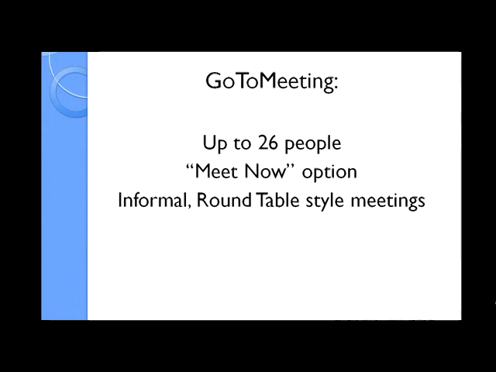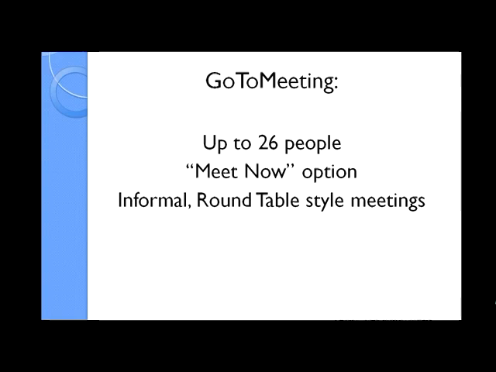GoToMeeting can only support up to 26 people, including the organizer. GoToMeeting also has a Meet Now option, where the user can set up a meeting immediately, send out the information to the invitees, and have a meeting within moments without having to set up any registration information. GoToMeeting is best used for small, informal meetings like staff meetings, or a quick update meeting between state offices where